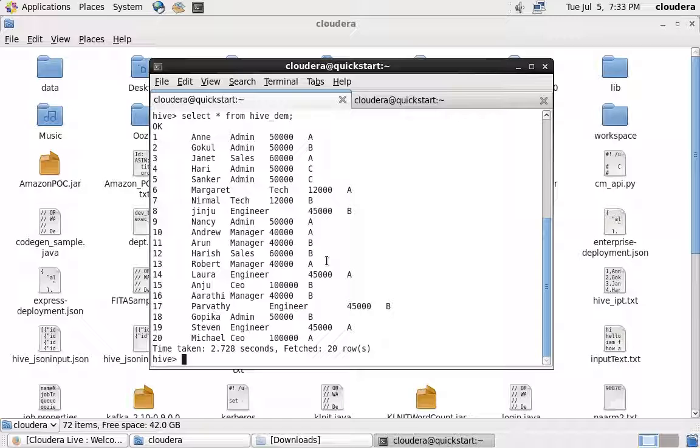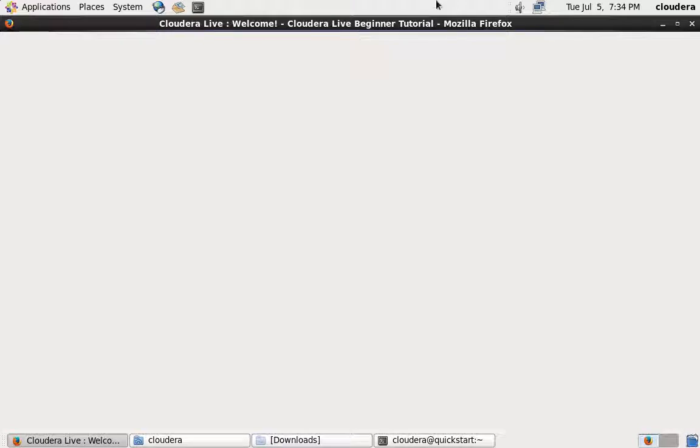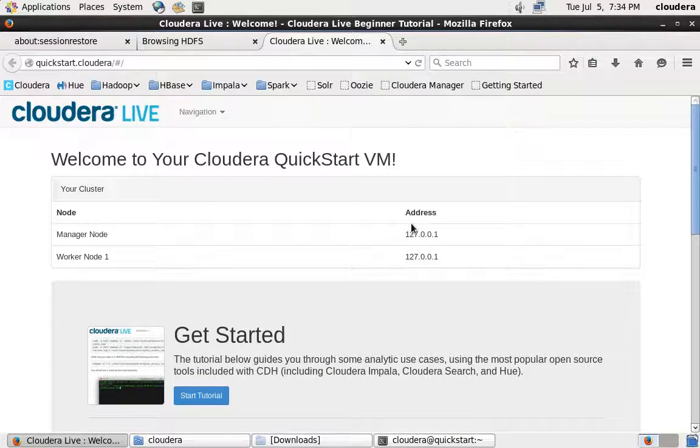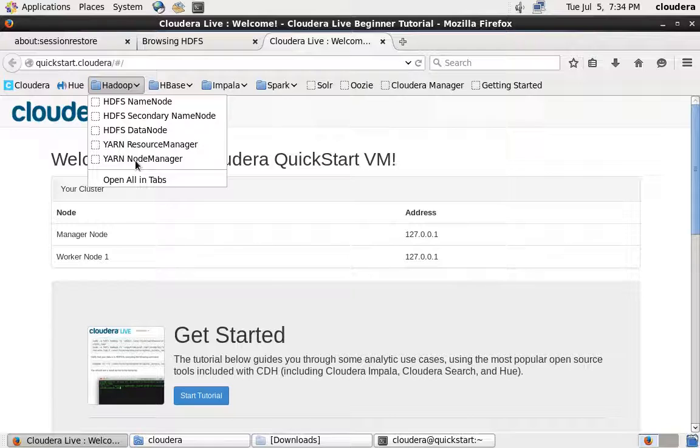See, logically it is representing the data as a table. Physically it is getting stored as a file only. Let's look into the graphical user interface of HDFS. It is stored as a text file. The table data is getting stored as a file only, since HDFS stores data in terms of files.